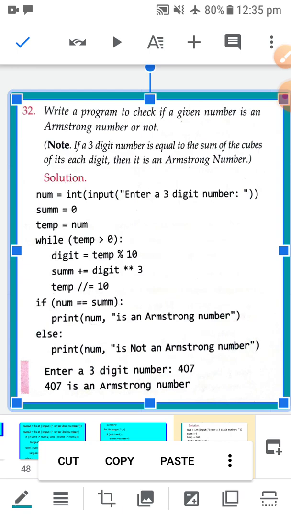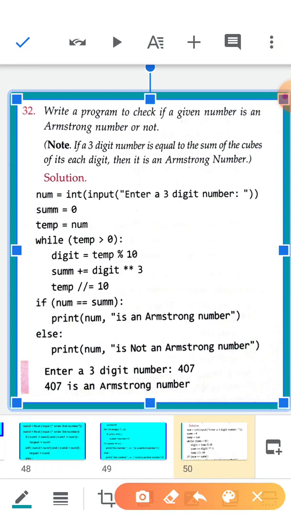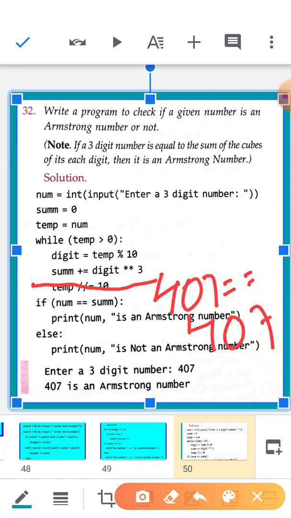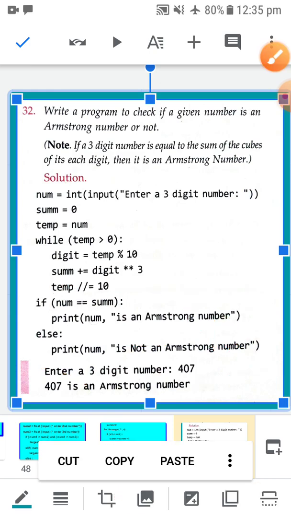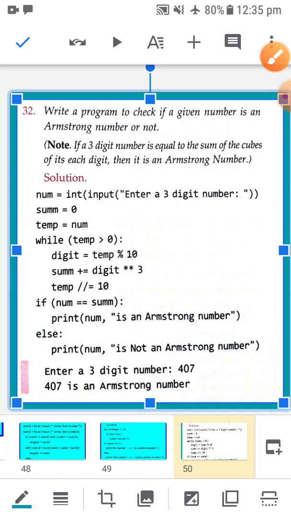After completing the while loop, this much of the program we have solved. Next is if num equal to sum. Num is the original value 407, equal to 407. So if this condition is true, it means that the number is Armstrong, otherwise that number is not Armstrong. Getting my point? Okay, now let's move to the next portion.